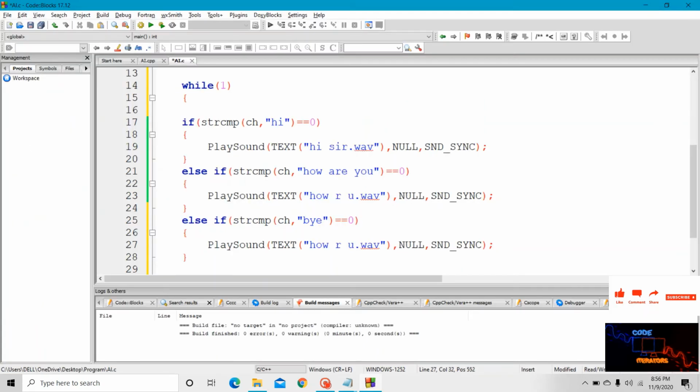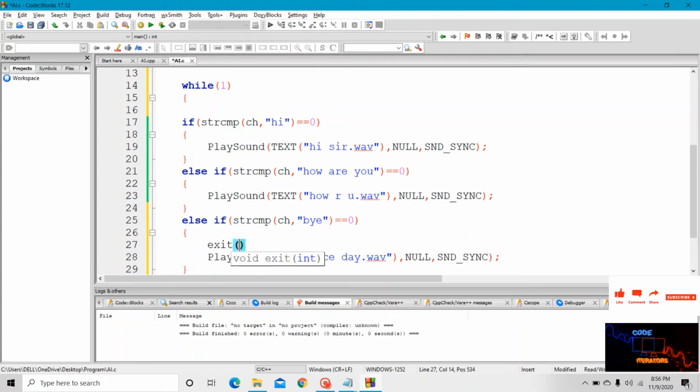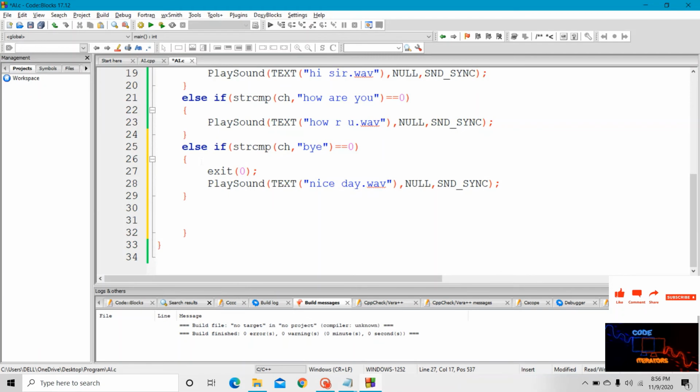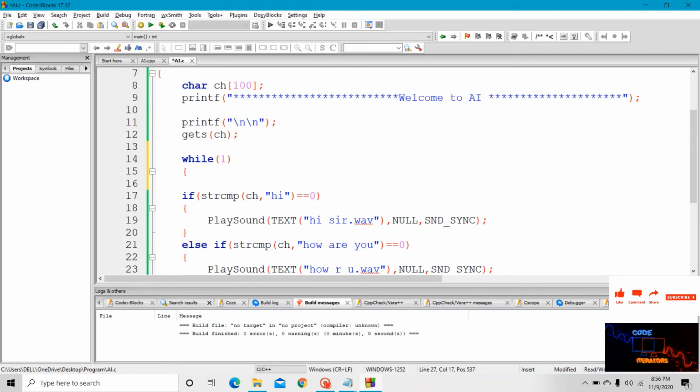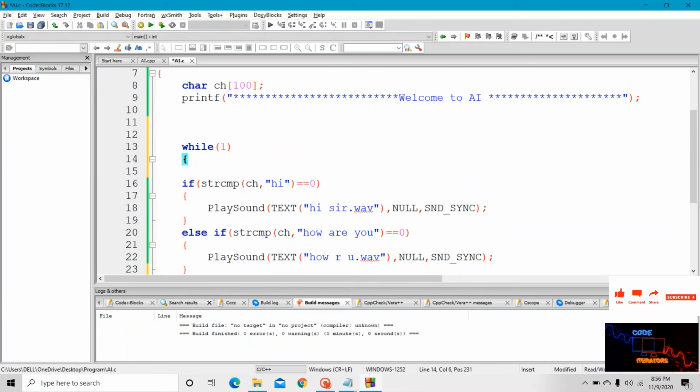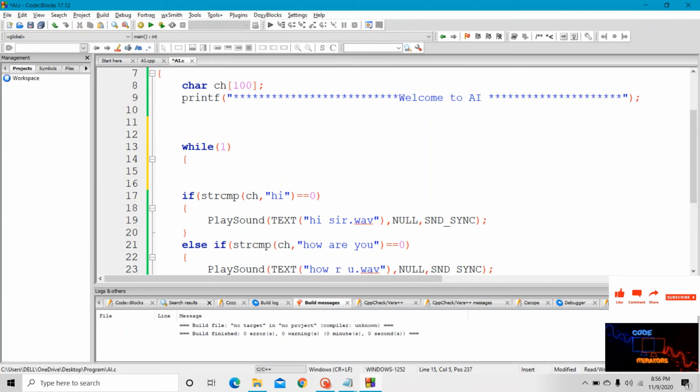I will give the name of the file, nice day, and to terminate our program we will use the exit function. To terminate our program, the exit function is used. Now I will run our program.